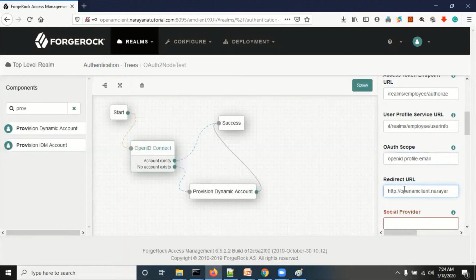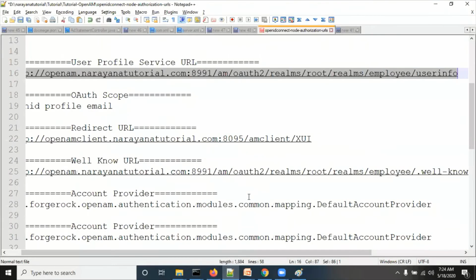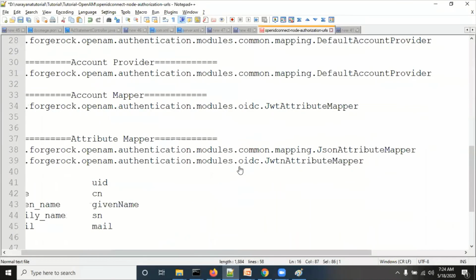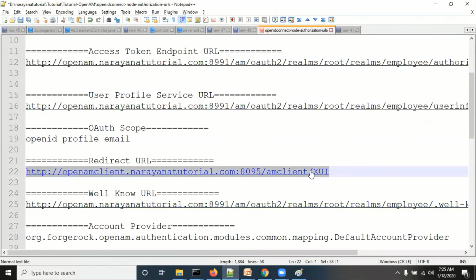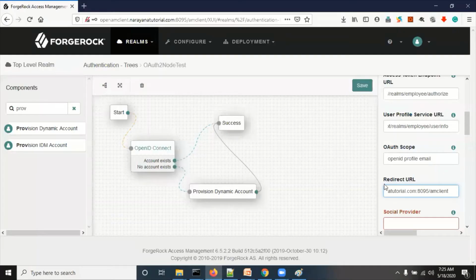And the redirection URL. What is the redirection URL? We have to give the redirection URL we have given in the IDP server. The same URL we have to give here.